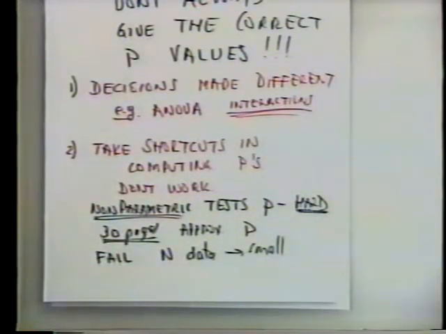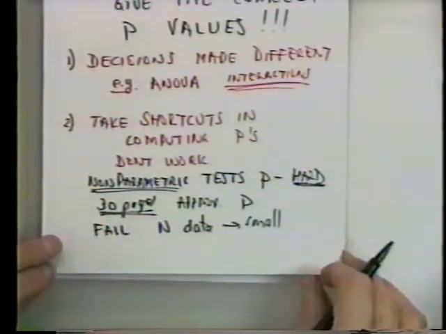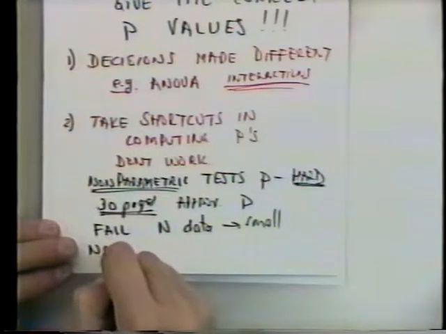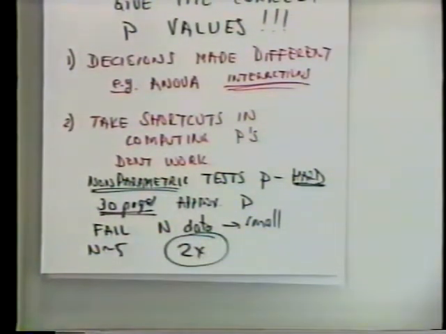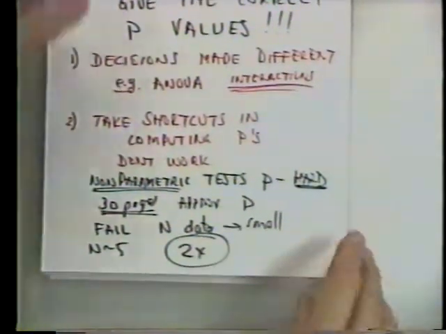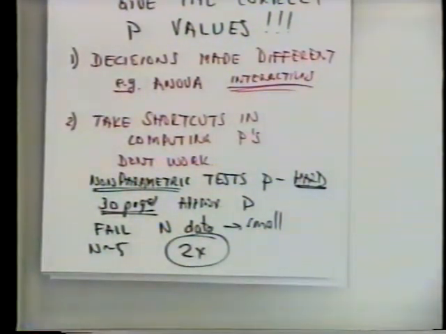And I know what's going on because I know the asymptotic formula, and I can compare them to what the program produced, and I can see the program has produced the asymptotic formula, but not the correct p-value. And usually, if n is small, like around 5 or 10, we're talking about an error of approximately 2 in the p-values. Okay? So this is another reason why the programs are not always right. And the third reason is maybe some of the programs are just wrong, although I haven't seen examples of that yet.